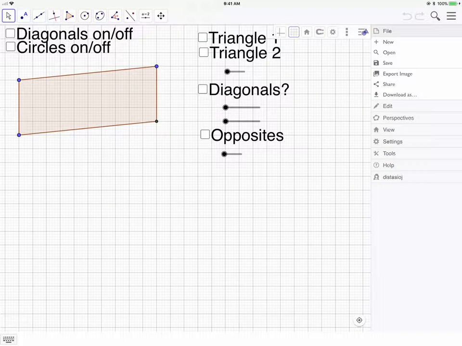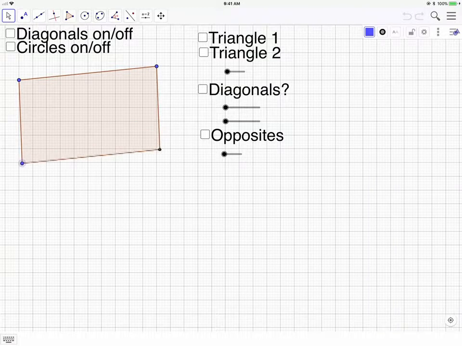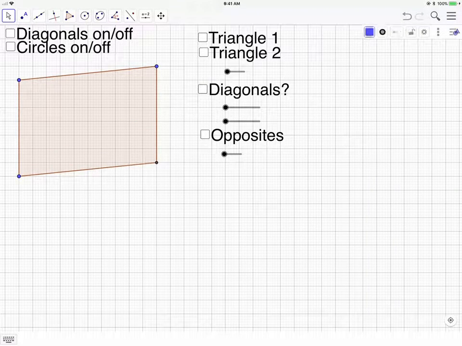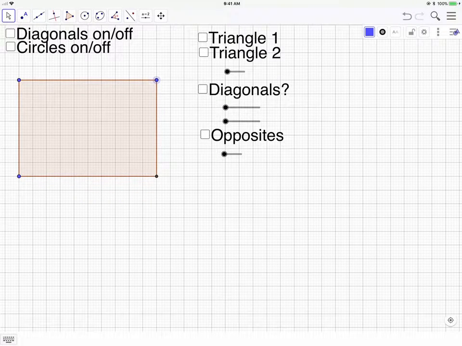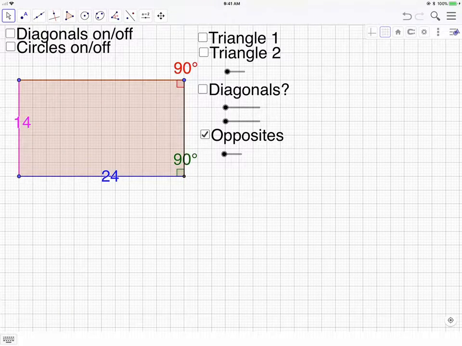Yes, this will do. So you can see we have a parallelogram here, and I can move it around. We want the special parallelogram. See, I can move it, and at one spot I can make it a rectangle, maybe even a square. So I'll start it as a rectangle. We wanted to know about the opposite parts. So we know by definition